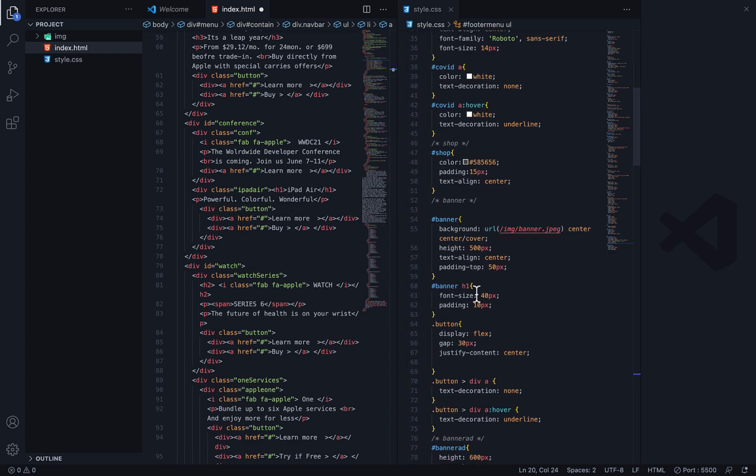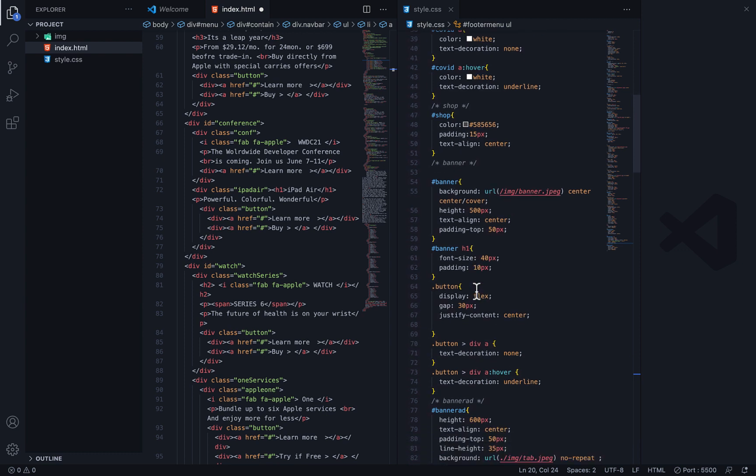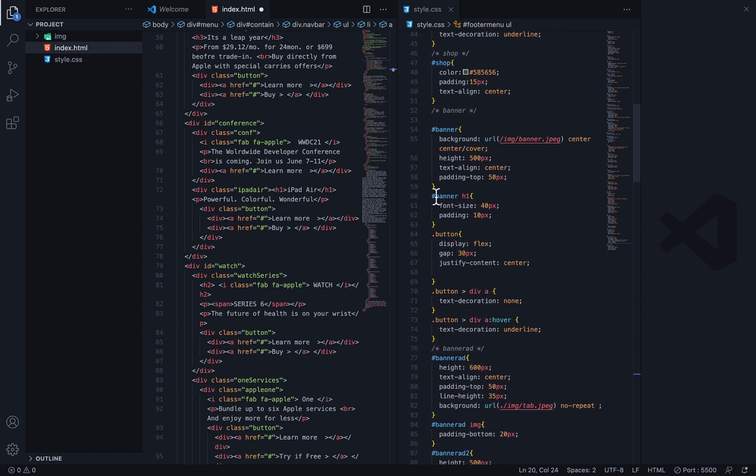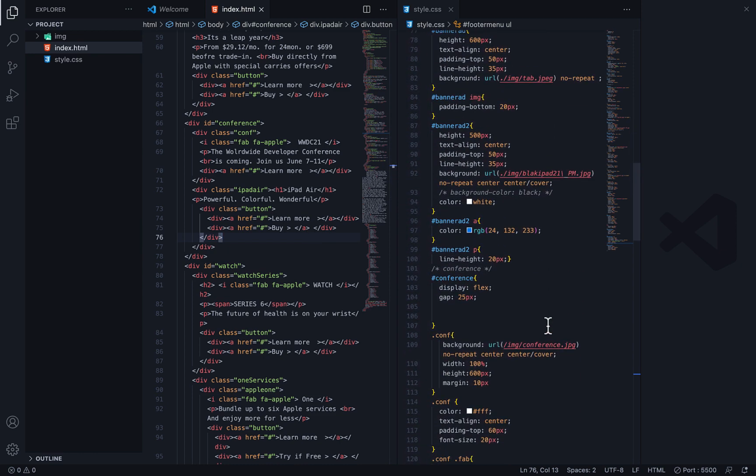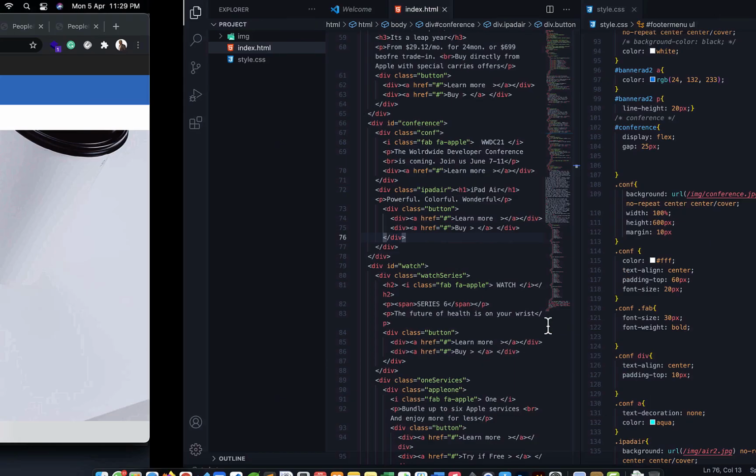So I think basically you can see all my code. For the banner, you put in the font size, you put padding. You have to do it over and over until you get what you actually want. So it was a nice experience, and voila, I have a beautiful